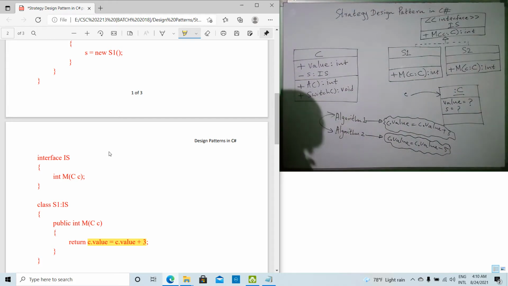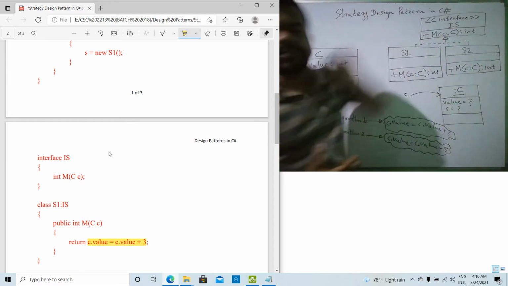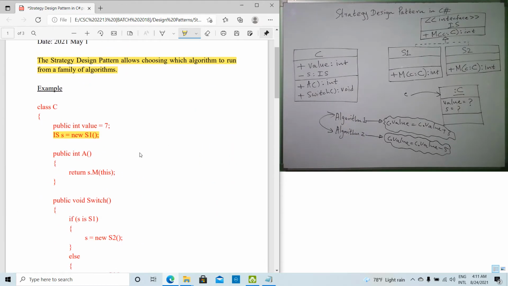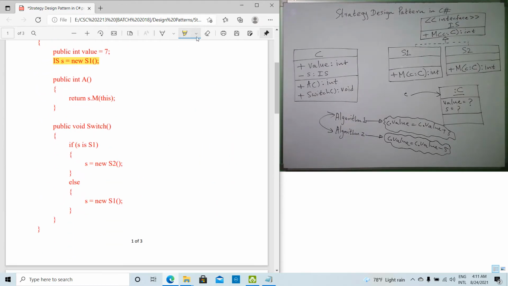Now you can understand this one: the type of S field is IS, that means this particular interface. And now if you go back to our class C, now you can see